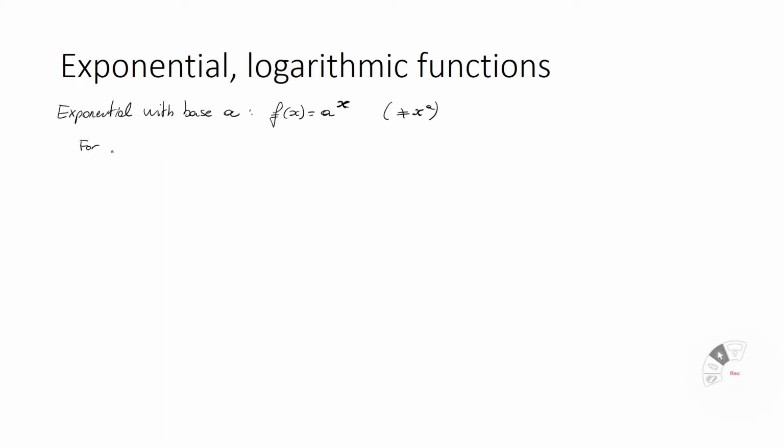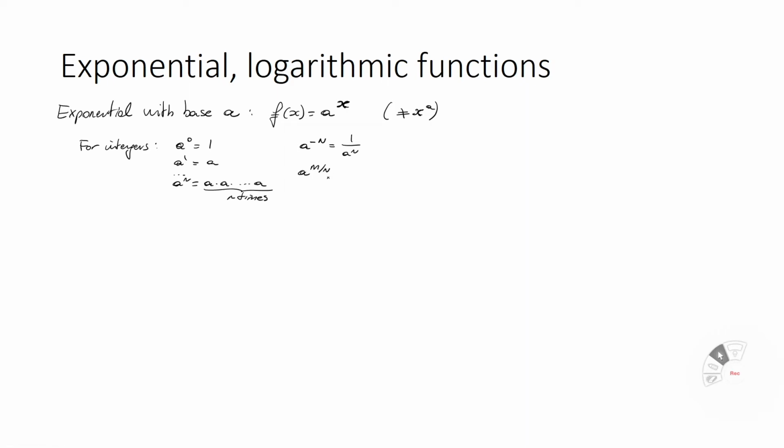So for integer values of x, this is easy to calculate. So we have that a to the power 0 is 1, a to the power 1 is a, and if we continue like this, a to the power n, that's a times a times a, n times. So that's easy. We also know that a to a negative power, where n is an integer, that's 1 over a to the power n, and